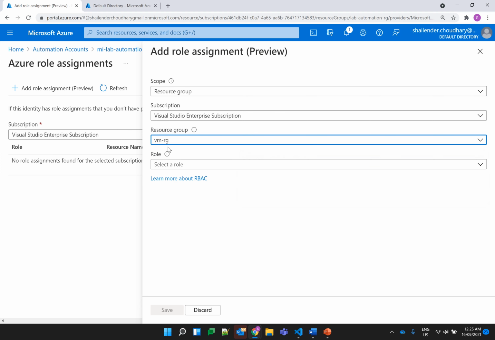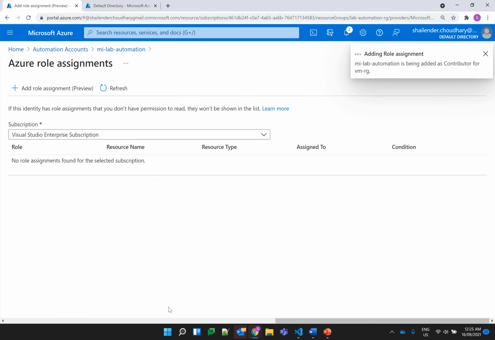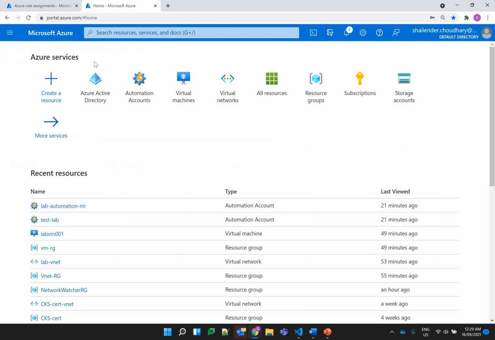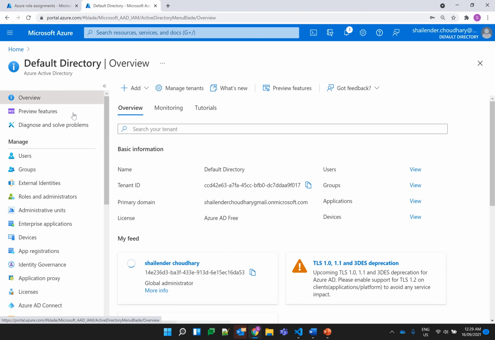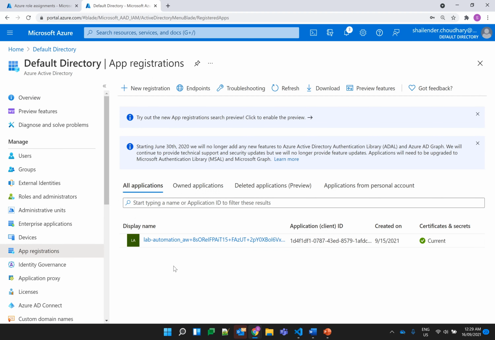So the VM is running in the VM RG and I'll provide the contributor level access. Let's save it. It took around 5 minutes to show the role here. And you can see the contributor level of access is provided on the resource group VM RG where the virtual machine is created. So if we go to the Active Directory now,